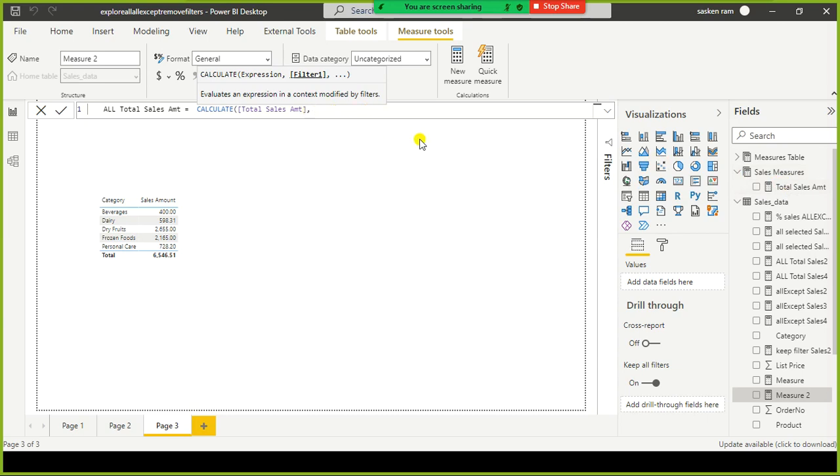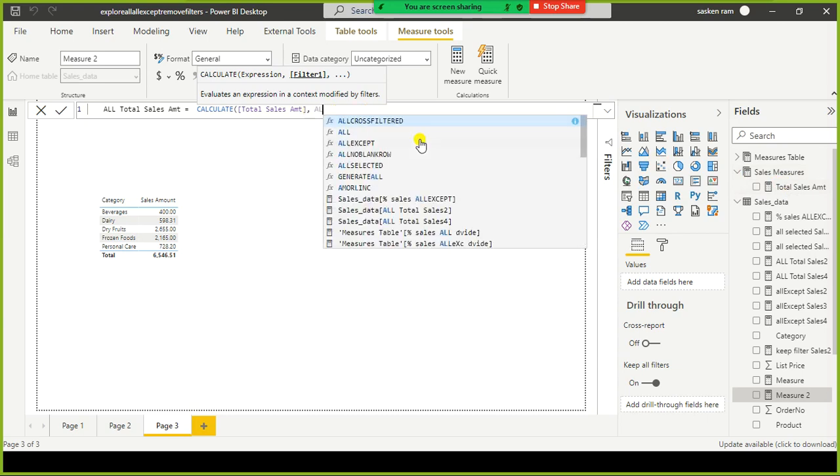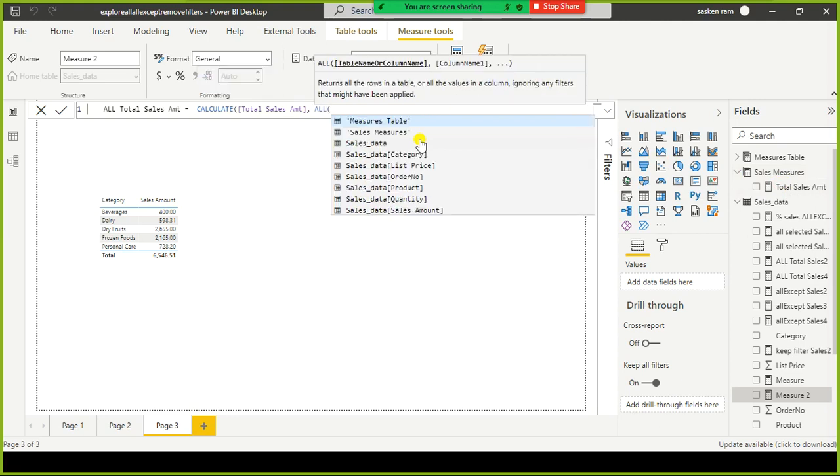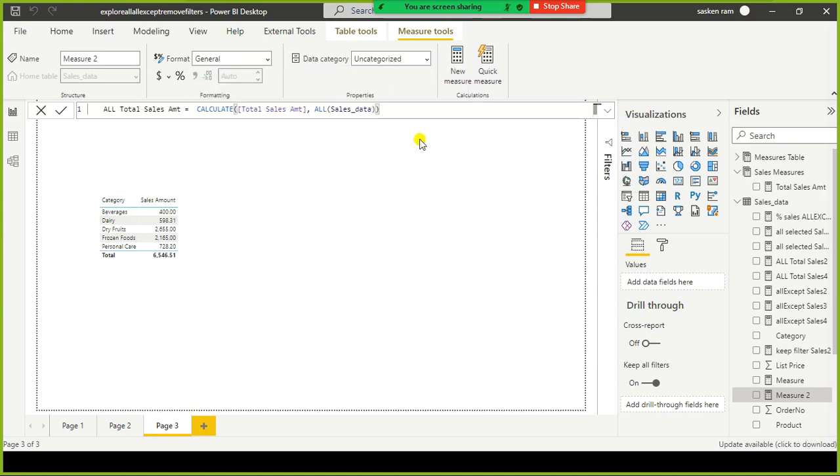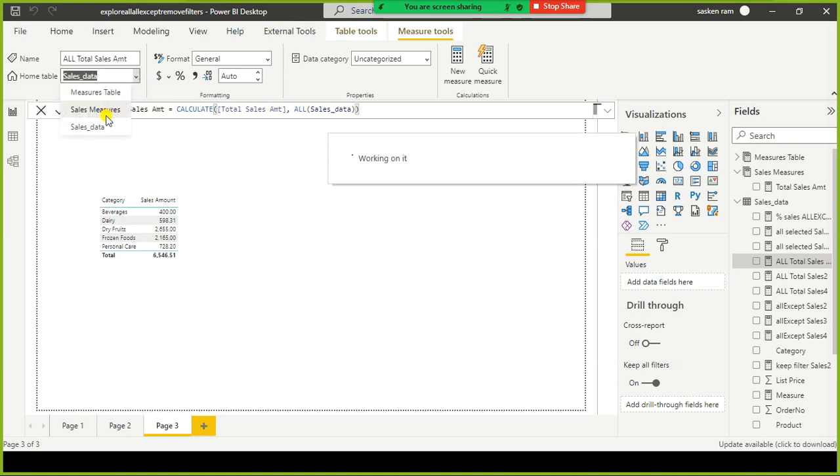The next one is, I'm going to use the ALL function. I also make this measure part of my sales measures table.